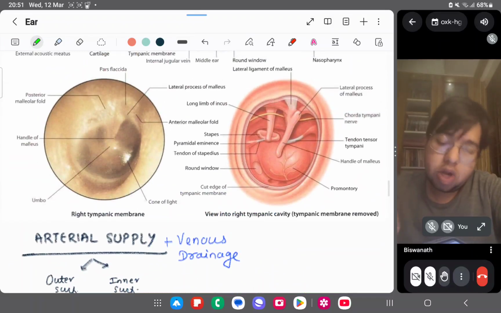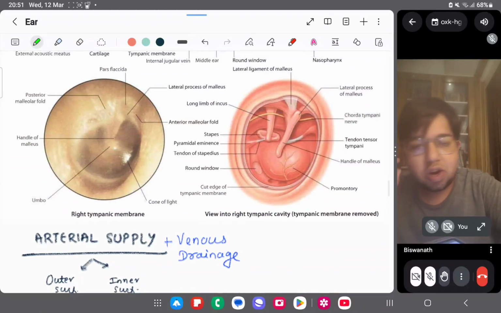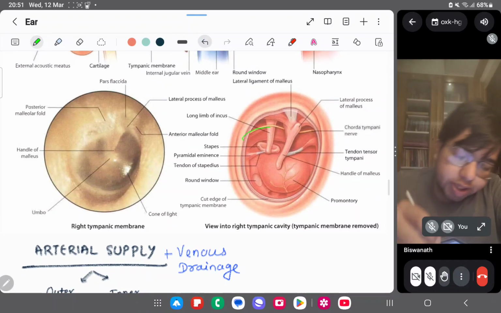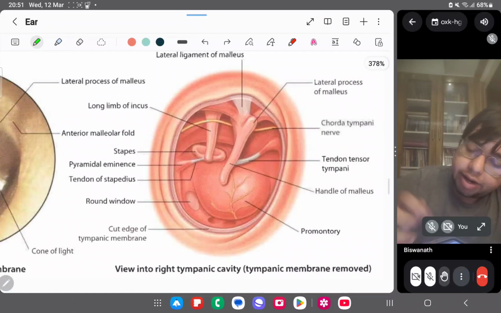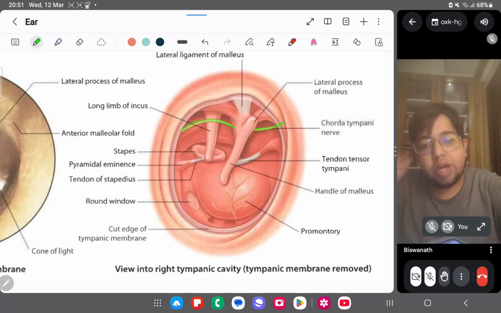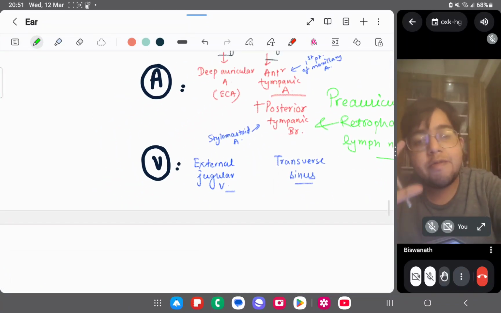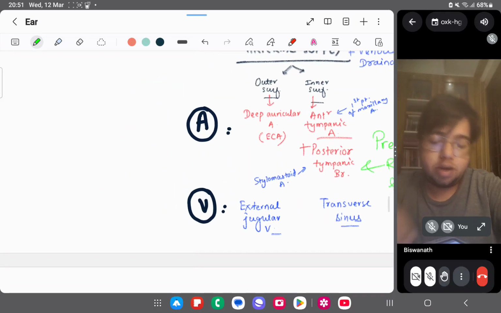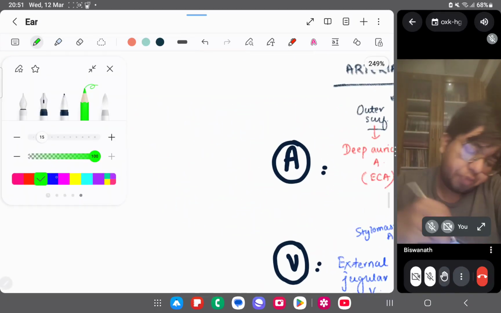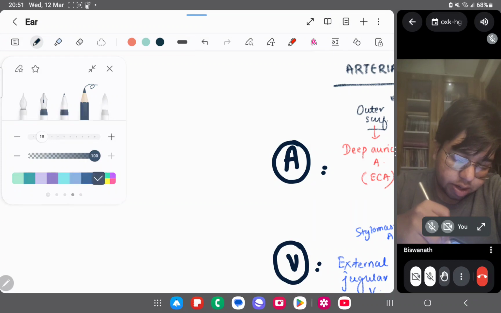I talked about the chorda tympani nerve, but it is not the proper nerve supply. I told you that you can trace this chorda tympani nerve, which is basically going beneath it. But if you want to know the proper nerve supply of the tympanic membrane, okay,